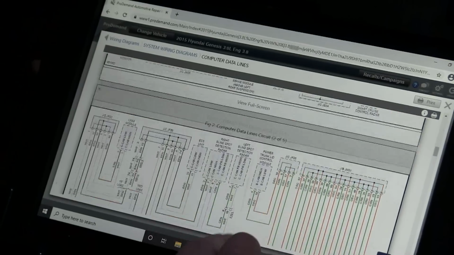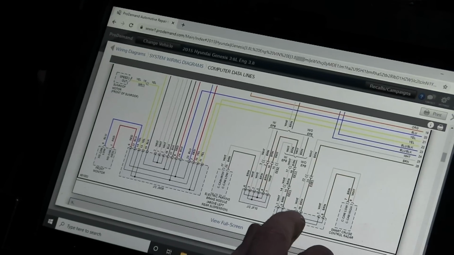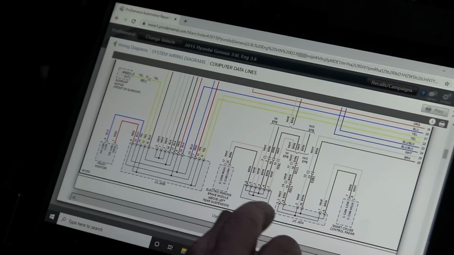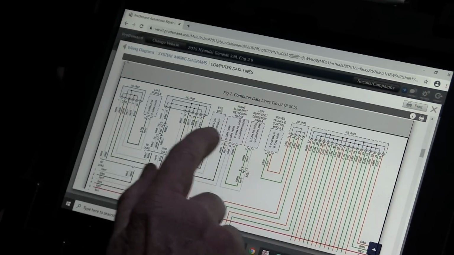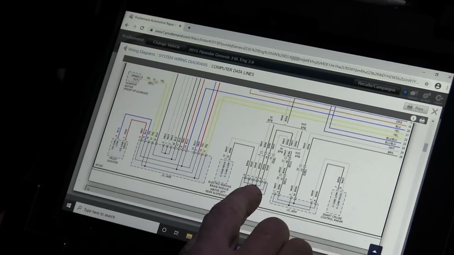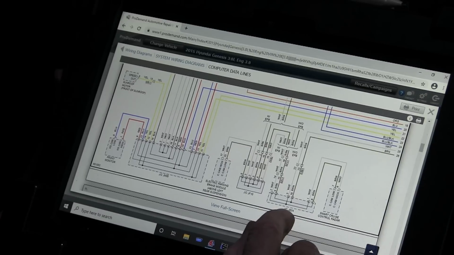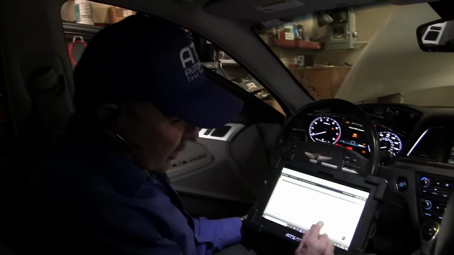So what I want to do is I need to find this connector, because this connector is going to break that main bus apart from the front of the bus and these modules right here, and it will break it away from these modules. So then this is going to be a really good connector. So this is JE04. Now, I'm not sure where that connector is, or that splice pack,